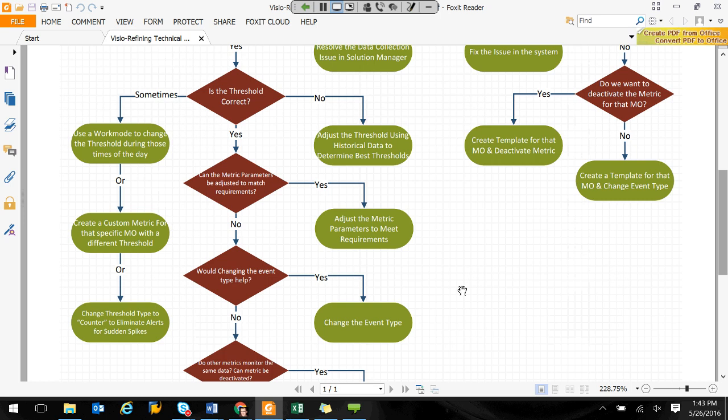Would changing the event type help, right? So that's the next question. If it's no, then would changing the event type help? So changing it to that average case or that best case. If it will, change the event type. If it won't,